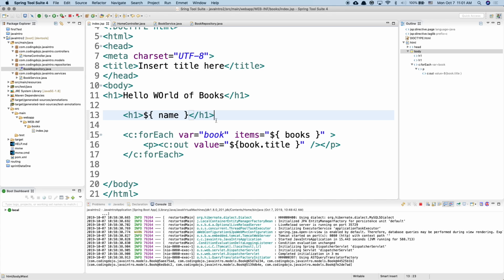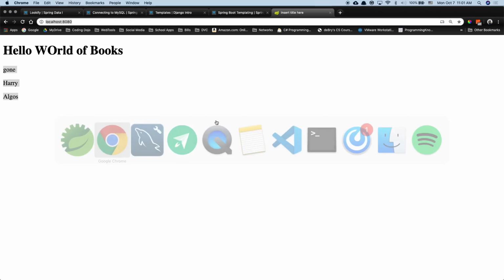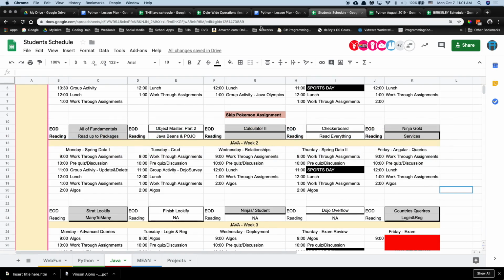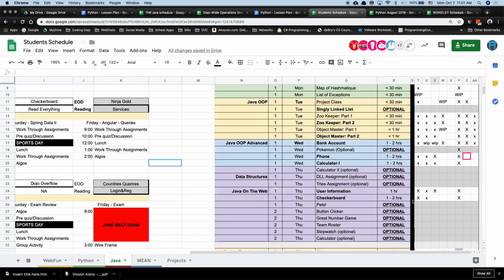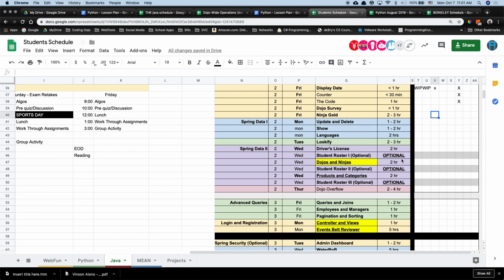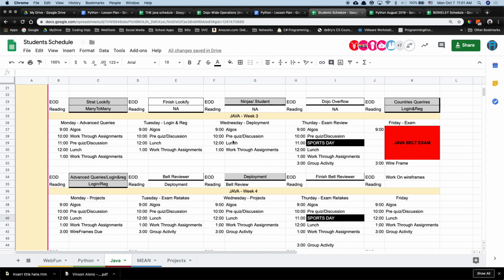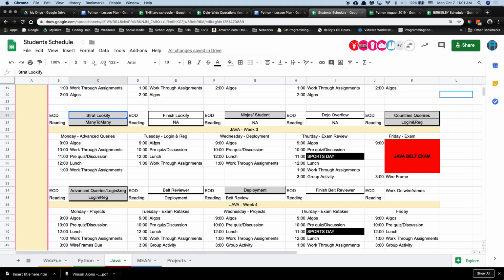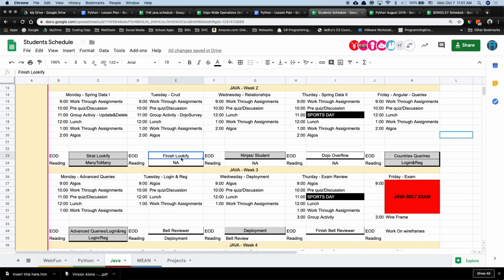Okay, like I said, if you haven't gotten up to this assignment yet, just go ahead and stop where you are and just jump on Spring Data I. Okay? And work on those assignments from here on out. Continue to update this Excel sheet with the assignments that you're working on. End of day goal today is to start the Lookify assignment before the end of the day. Right. And then tomorrow,